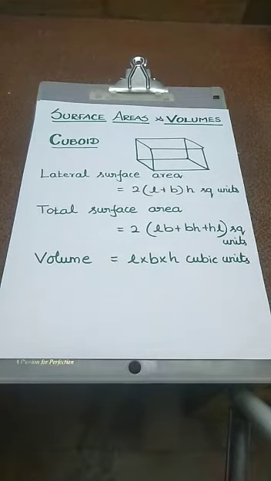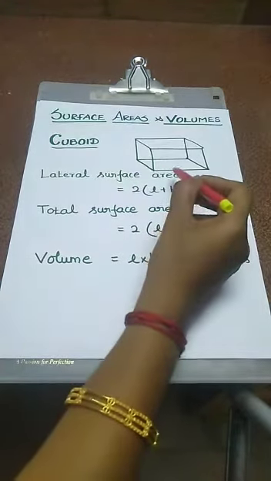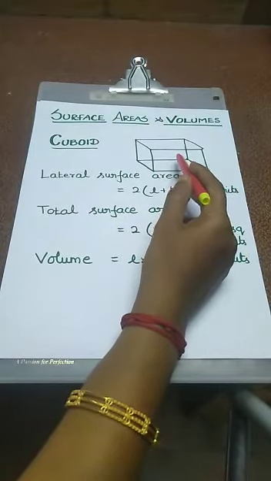In the earlier classes, we have also learned to find the surface areas and volumes of cuboids, cubes and cylinders. We shall now learn to find the surface areas and volumes of cuboids and cylinders in detail and extend this study to some other solids such as cones and spheres also. The first shape is the cuboid. This figure is a cuboid. Here we have length, breadth and height.